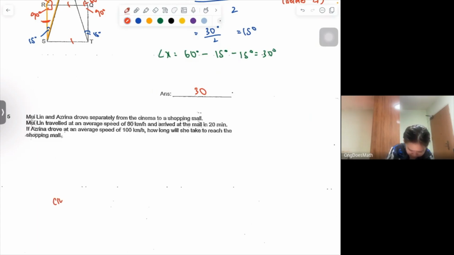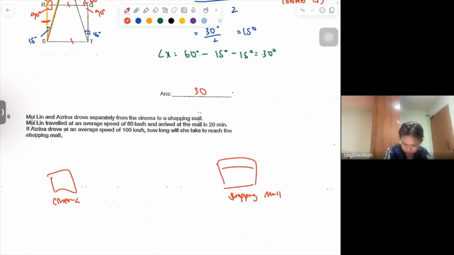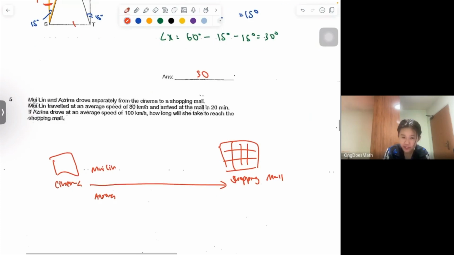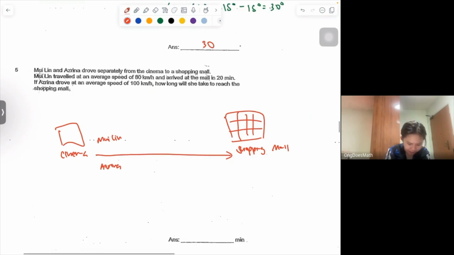Okay, so you have two locations. One is the cinema. One is the shopping mall. So they both drove from the cinema to the shopping mall. There are two characters here. One is Muilin. One is Azrina. So you see distance and you see speed, right? So the first triangle that should pop into your mind is this DST triangle, which stands for distance,